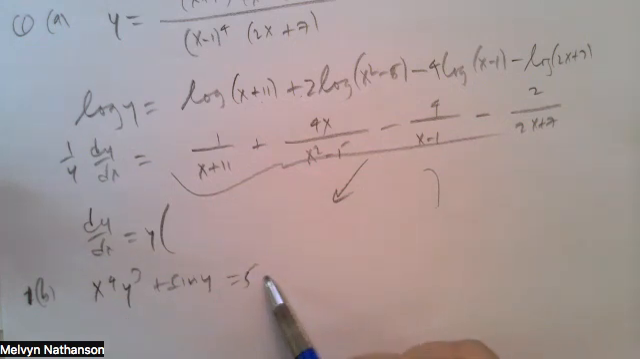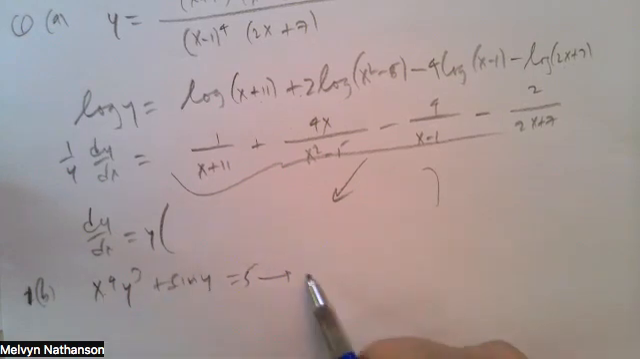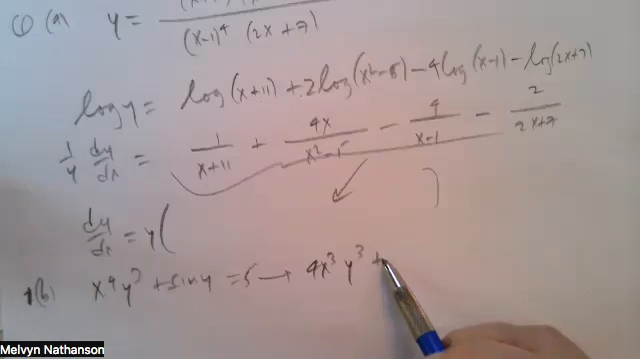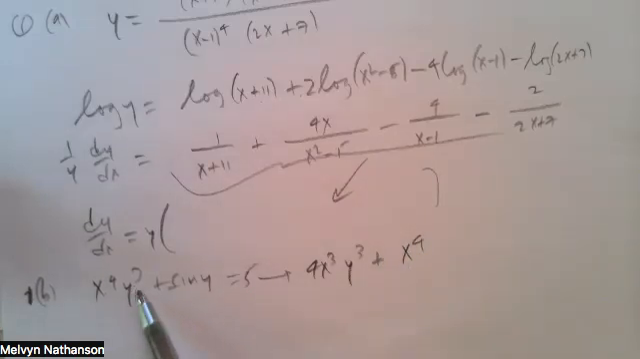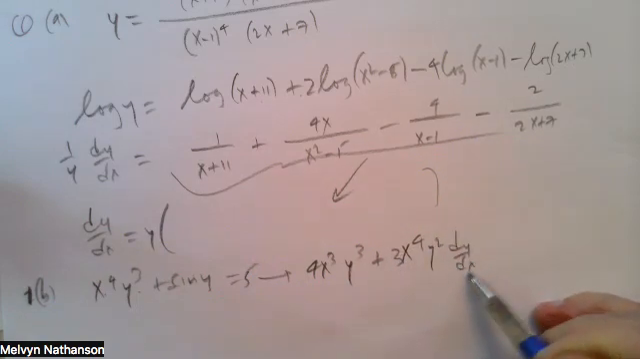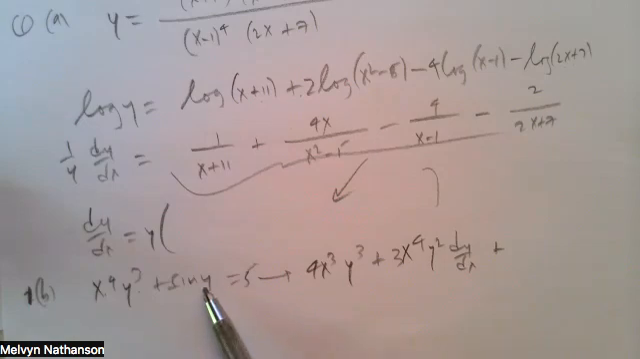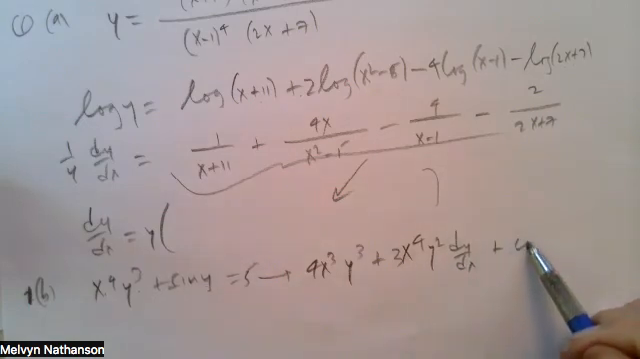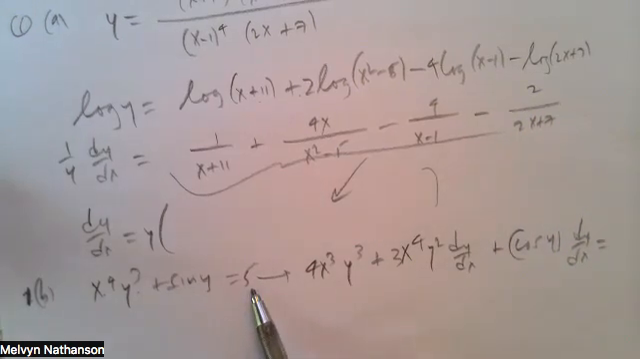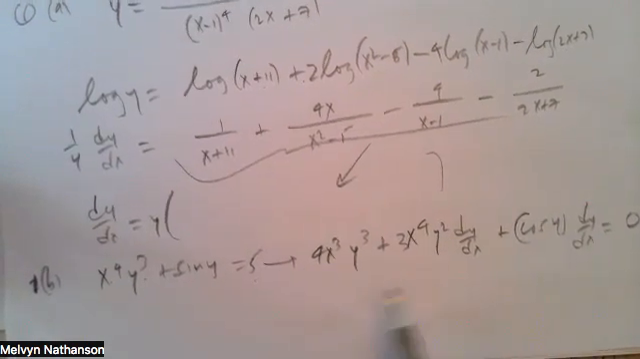If you differentiate with respect to x, you get 4x cubed times y cubed plus x to the 4th. The derivative of y cubed with respect to x is 3y squared dy dx. The derivative of sine y with respect to x is cosine y dy dx equals the derivative of this constant 5, which is 0. So we get